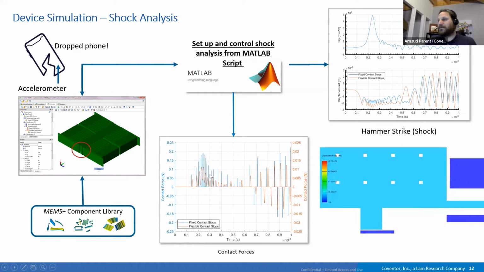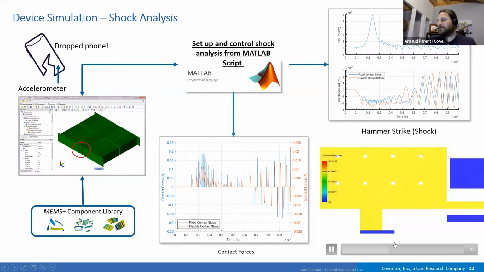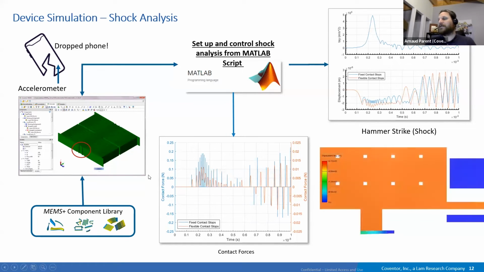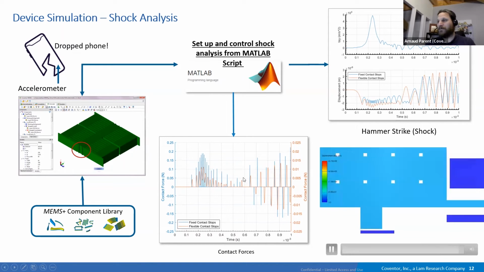So this is the kind of study you can do. You will be able to test other configurations, other sizes, other shapes, complex suspensions for the stopper, and see which one is the most satisfactory to stop the device. It's one example of what you can do with this new model. Keep in mind that this model also allows electrostatics between the two electrodes, and fluidic damping, so it can be used for other purposes.